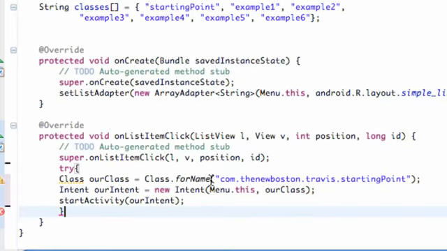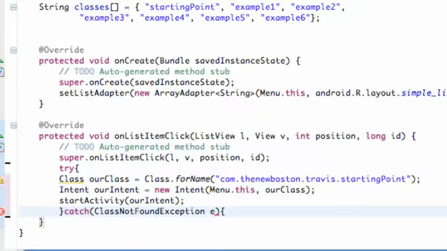For example, we're going to use the exception type class not found. So again, if this class is not found, it's going to give us that exception. So we're going to say catch, and then we have to define the exception within parentheses, and again the exception type is called class not found exception. We're going to label this exception, or give this variable the type, the label E,